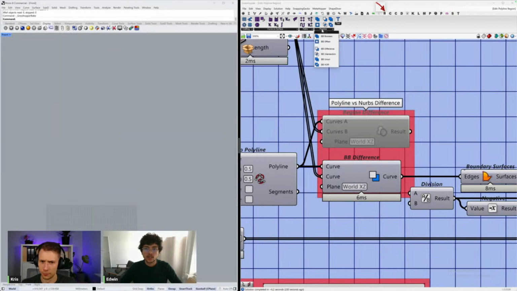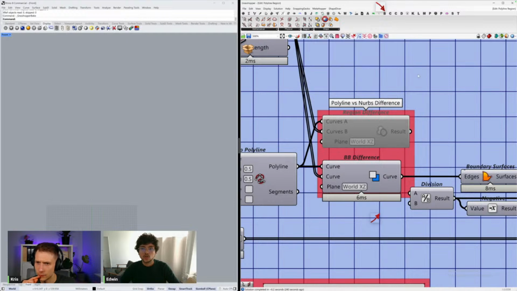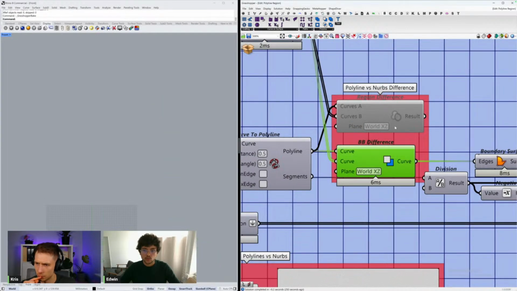Here you have this polyline section in this plugin, and it has all of the same things that you have in the native Grasshopper components. In the intersection, you have all of these region, intersection, etc. You have the same thing, but for polylines. The difference, intersection, the same thing. And of course, this computes way faster.